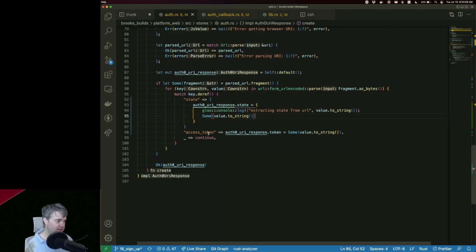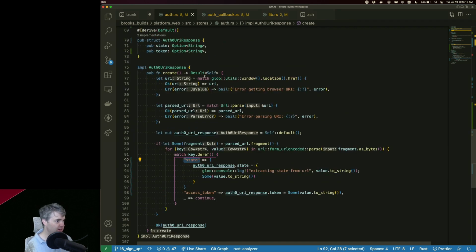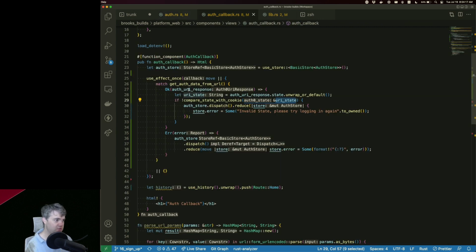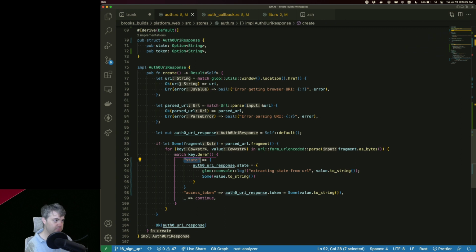It didn't run that. So it didn't find this state inside of here. Kind of makes me wonder that maybe it's not waiting long enough, or it's somehow not getting the URL from the fragment. I do have this running here. So auth0 response. Get this URI, which is a string.